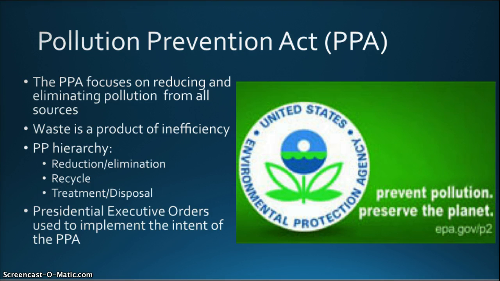The Pollution Prevention Act established a hierarchy on pollution reduction. Prevention of pollution is the highest tier. When it cannot be prevented, it should be recycled. Lastly, if unable to prevent or recycle, the pollutant should be treated, rendering it less or non-toxic, and then properly disposed. So, how is pollution prevention accomplished?